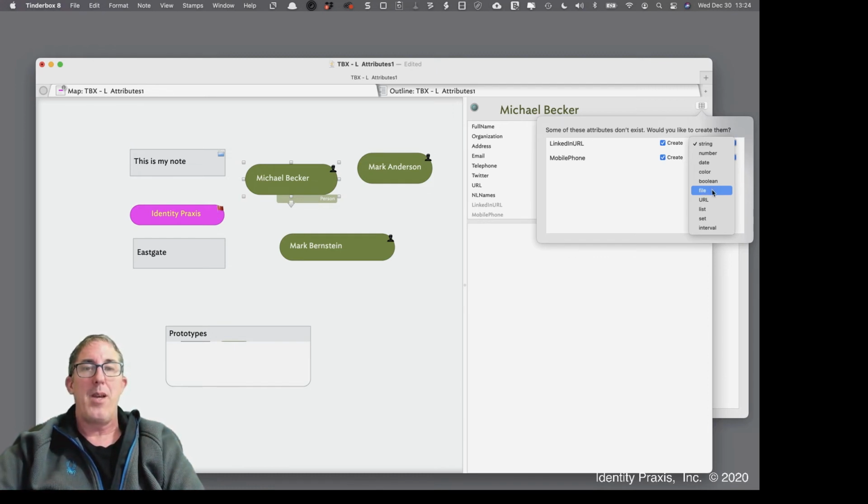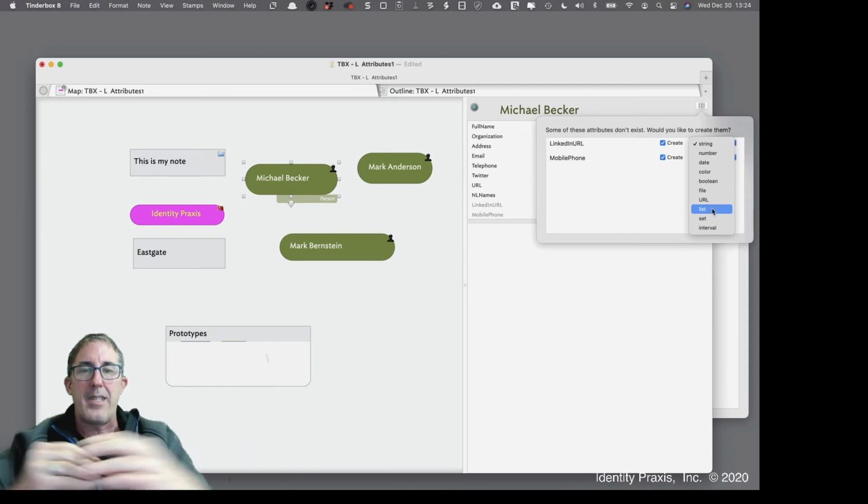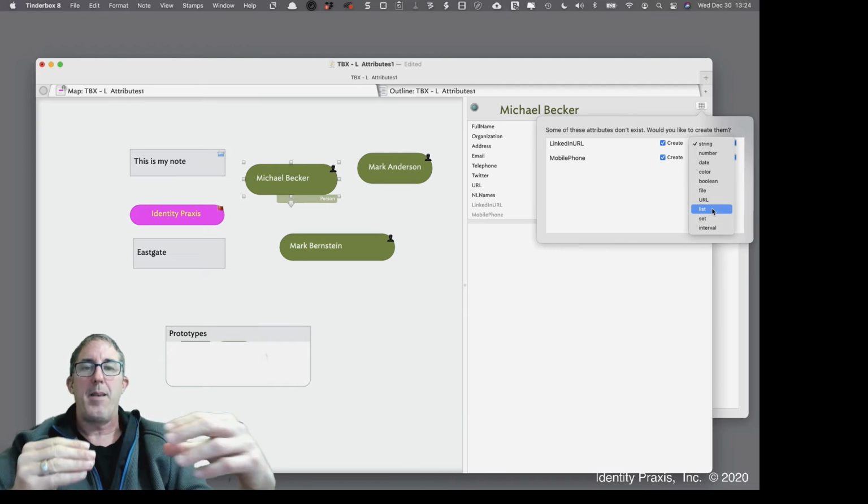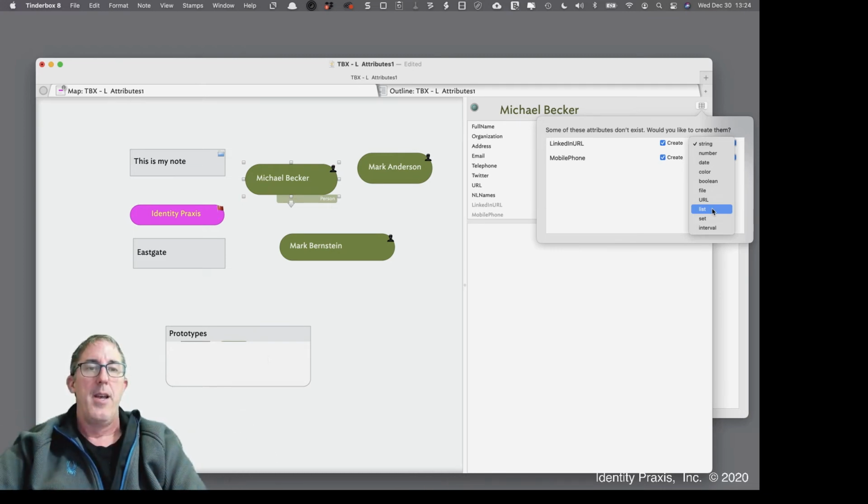Is this attribute about a file? Is this a link to a file sitting on the hard drive of your computer? Is this a URL that will resolve itself out on the internet? Is this a list, meaning a list of items separated by semicolons that can have duplicates in it, versus a set, which is a list of items separated by semicolons that cannot have duplicates in it, and an interval, meaning time, basically. So in this regard, if we think about LinkedIn URL, I'm going to go ahead and click URL,